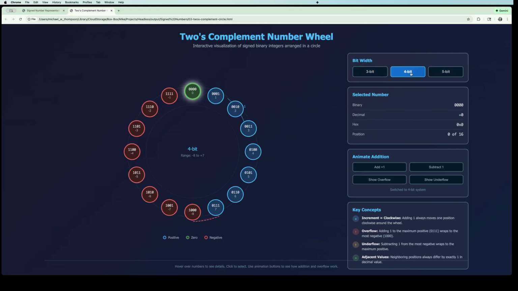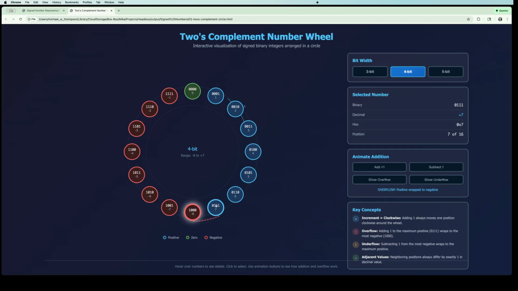The other thing I wanted to point out is that there are cases where you might overflow. So if you want to show the overflow happens when you go from 7 and you add 1. 7 add 1 takes you into the negative numbers. Okay, so that's an error. All right, that's an overflow error that would need to be detected if you're using two's complement in some piece